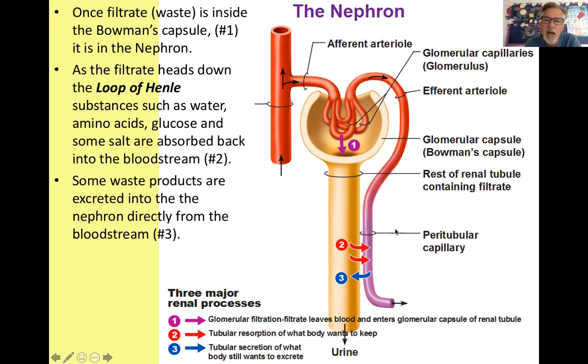At the same time, some waste products in this venule are secreted into the nephron, and that's called tubular secretion. So we have filtration, reabsorption, and secretion that team up to form the urine in the